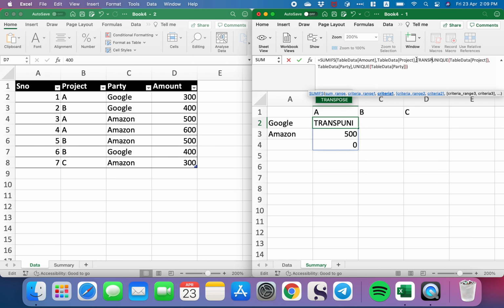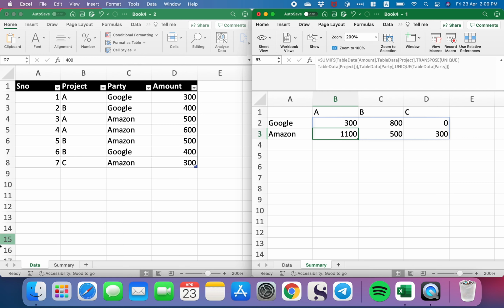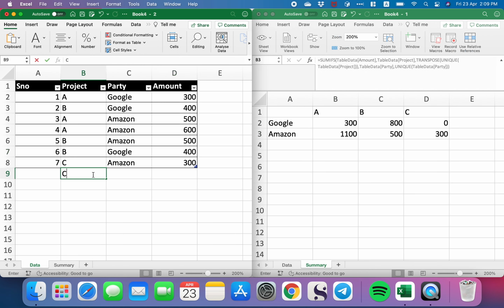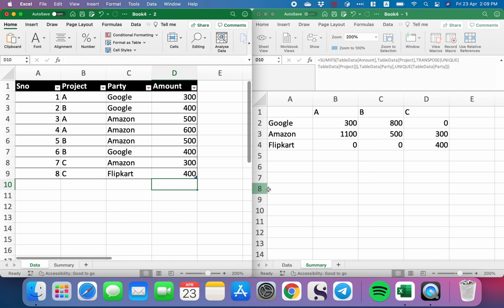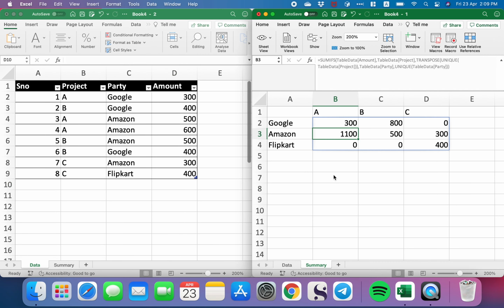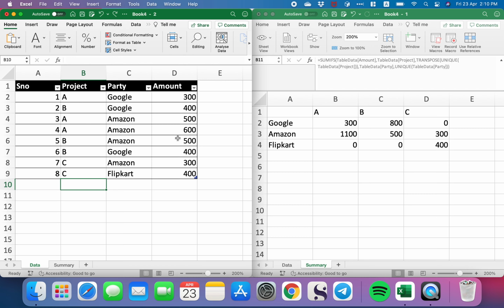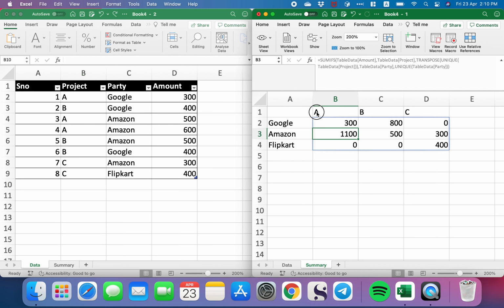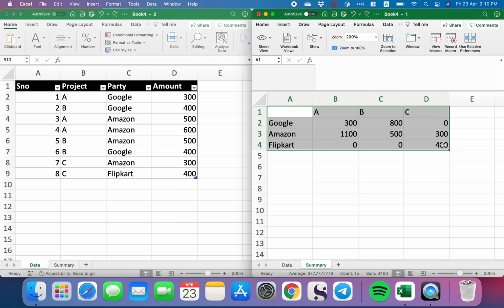Always keep it in capitals. Why? Because then it's easier to read down the line. Bingo. So if I make another C, and if I change the party, if I have, let's say from Flipkart you've ordered 400. Great. Now this is the perfect way to have an auto updating summary. Essentially, we're basically done. Now all that matters is you can take your values here,